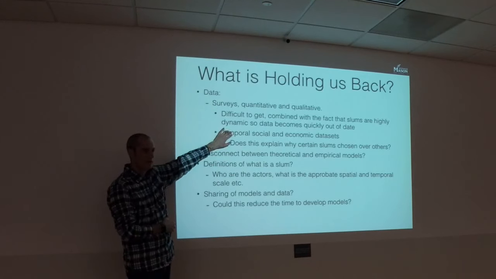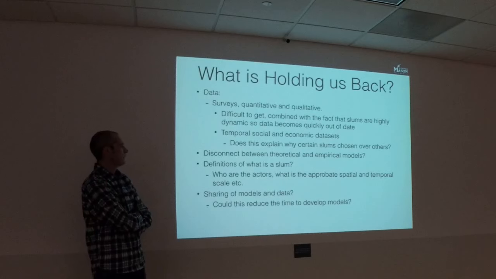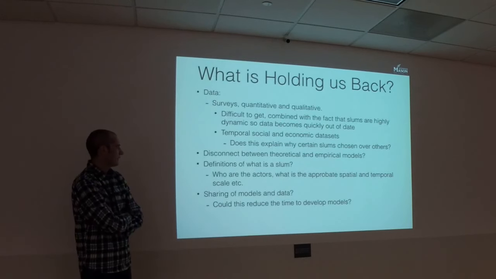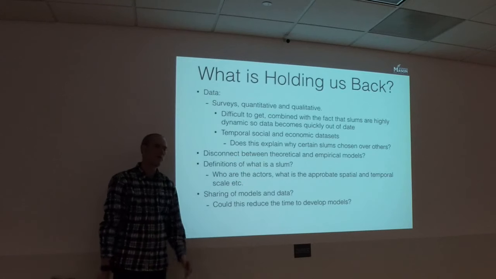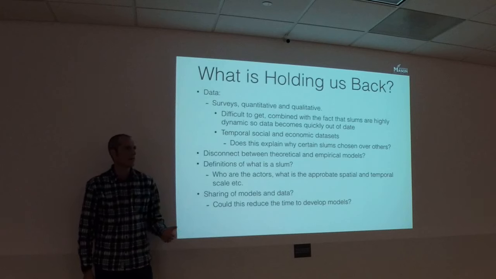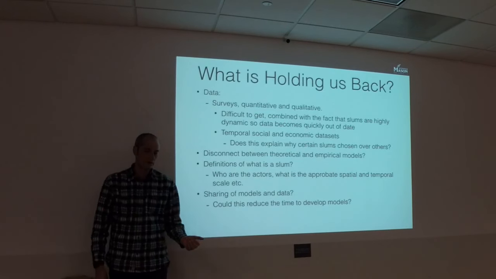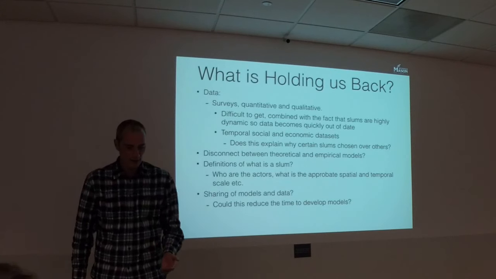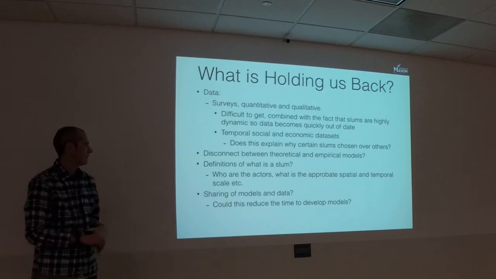Sample data sets are really non-existent in these areas, and that's why I think this fusion of open source data is quite important. I think there's a disconnect between the theoretical models and the empirical models, and there's also a lot of one-off models. And there's this notion, it's called YAWN, yet another agent-based model in the geographical sciences. That's what people are saying. So why can't we start building better ones?